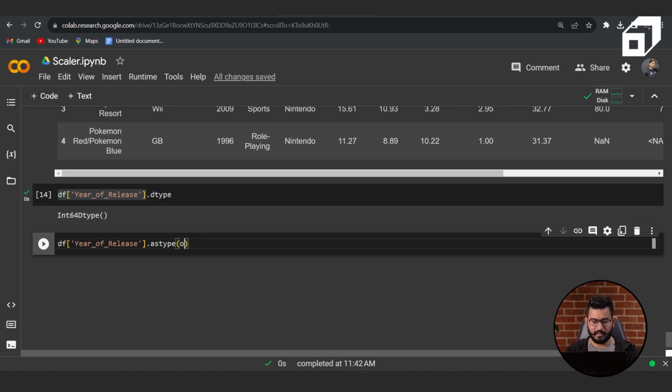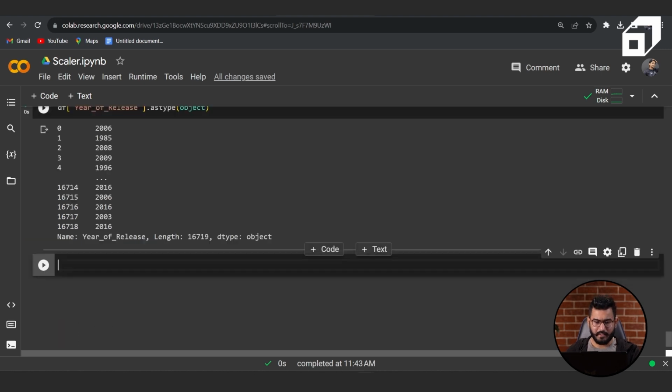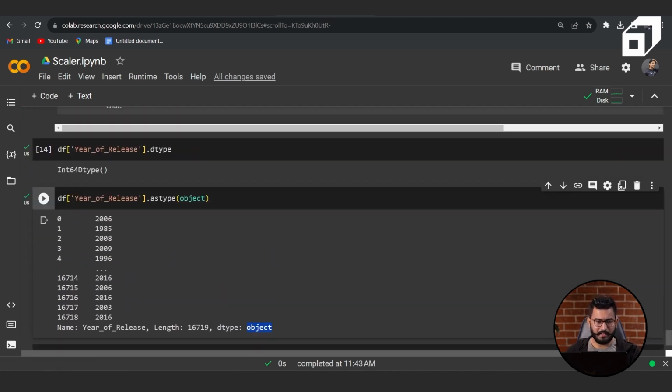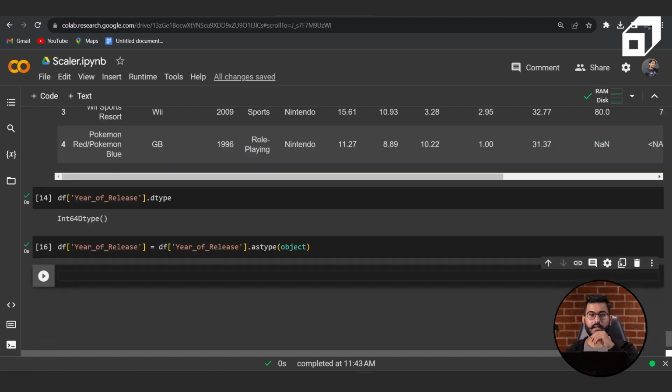Anything is fine. So I'll use object, and now you can see that the data type is object. Let me preserve it back to the same column,